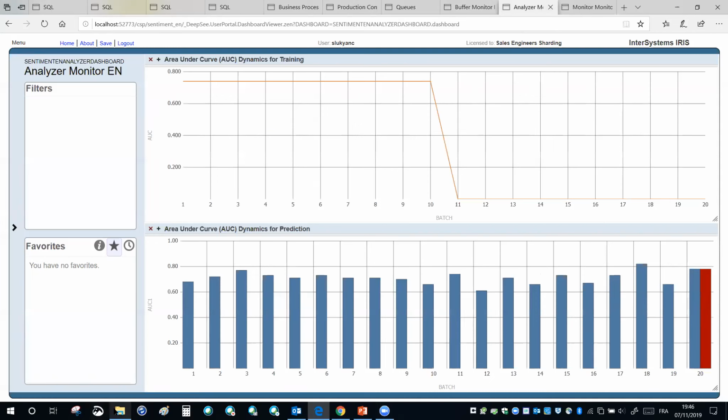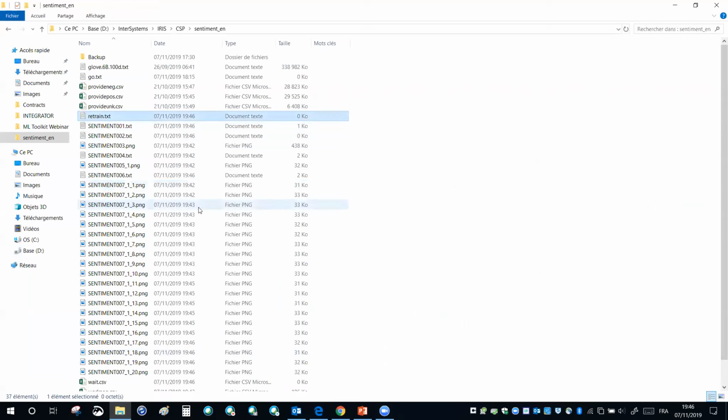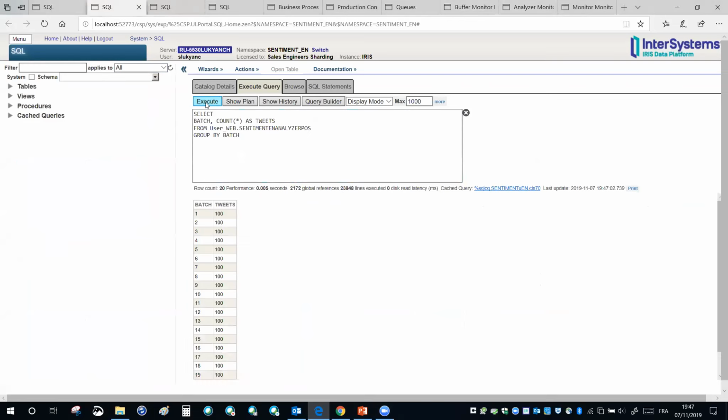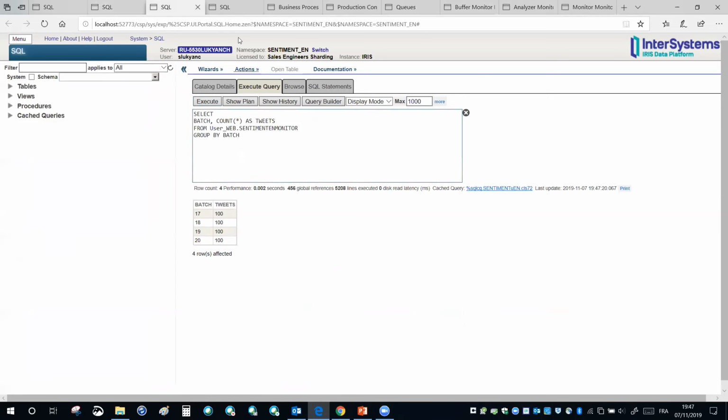So what's going on now? You see that retrain file marker here in the working directory. It starts repeating the training, and as I said previously, it's repeating the training by adding more batches to its training data set. Previously we've seen only 10 here. It has added another 20. So the purpose is to see in the end that we are achieving a better outcome because of extending our training data set.